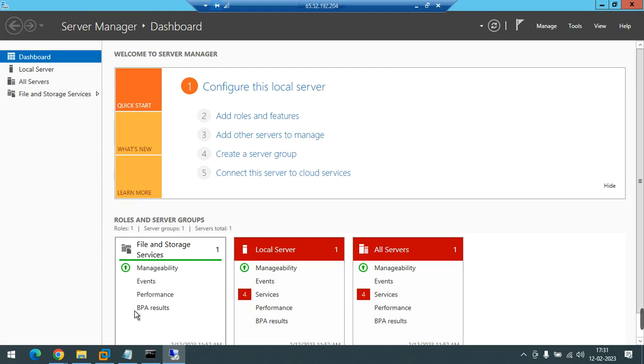So just open disk management. Just open disk management in the Windows platform. Right click over the